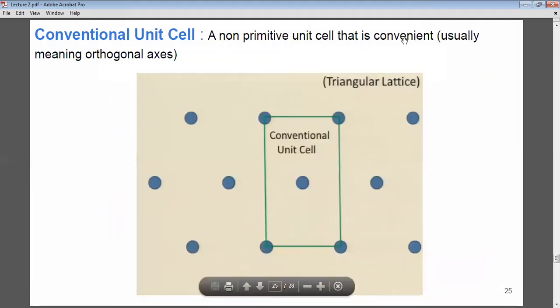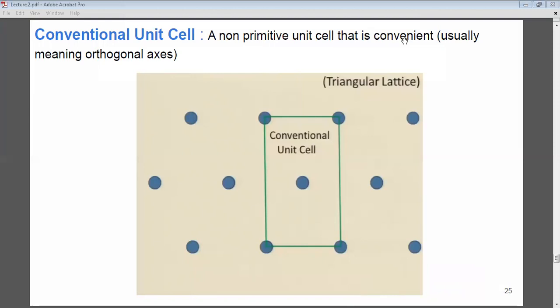Conventional unit cell. It's a non-primitive unit cell. So it is not a primitive unit cell, that is, it contains more than one lattice point. But it is convenient. Why would it be convenient? Because usually it means orthogonal axes. If we look at this periodic structure, we notice that